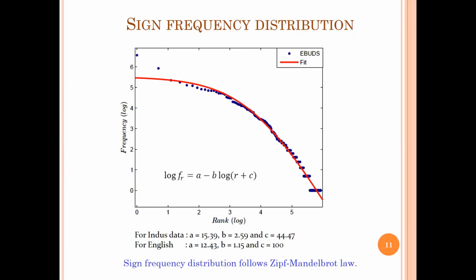This trend is captured very well by the Zipf-Mandelbrot law. So the sign frequency distribution of the Indus script seems to follow the Zipf-Mandelbrot law, which shows that the high-ranked signs are used very frequently, and there is a long tail of very rarely used signs. Even natural language seems to follow this empirical law. However, just because the frequency distribution of the Indus script follows this law, we cannot conclude that it's a language, because even city size distribution follows this law, and several other physical systems also seem to follow it. However, this association was quite interesting.